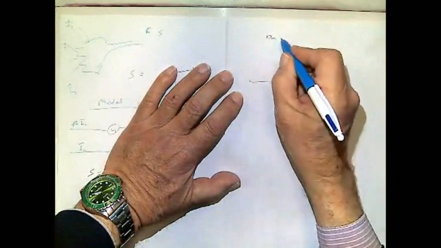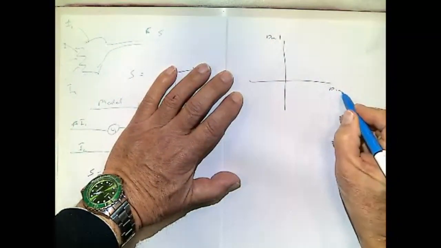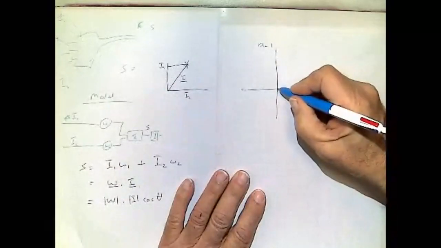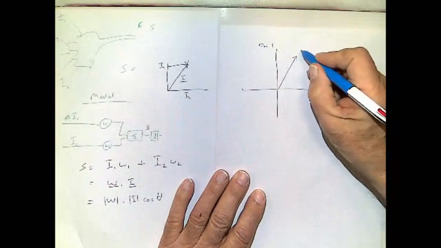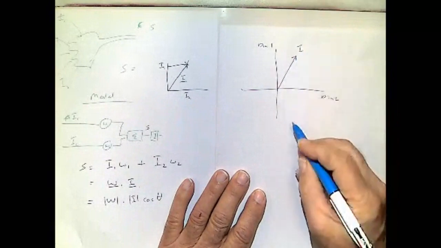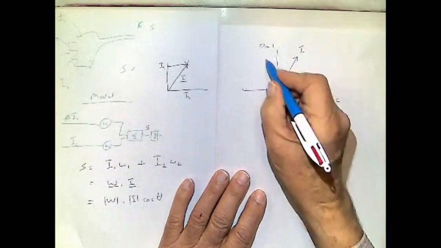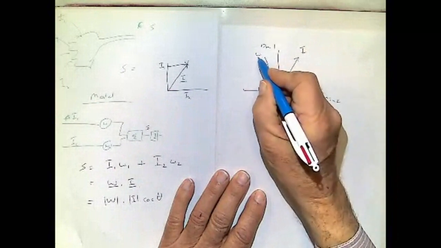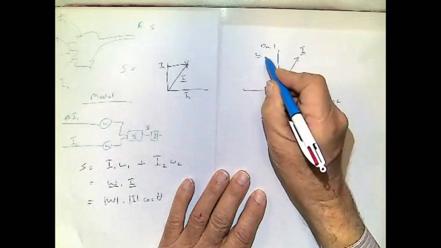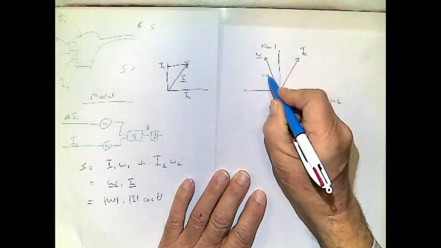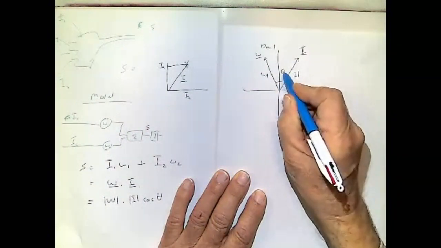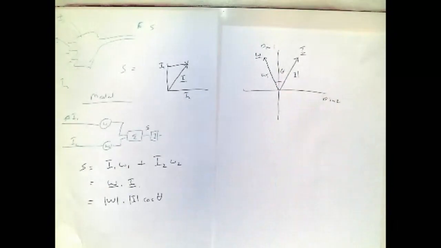Dimension 1, dimension 2. And if I've got my vector I there, and let's have my weight vector over here, because they can be negative. This is mod W, this is mod I, and this is cos theta. So that's what's happening in two-dimensional space.